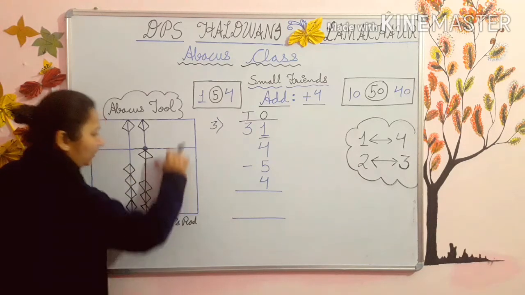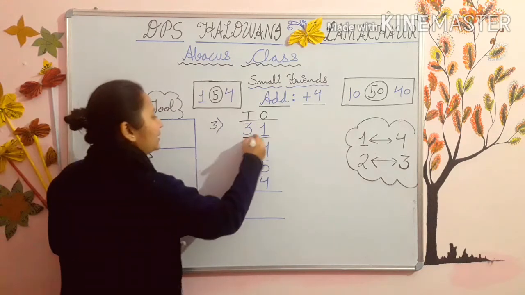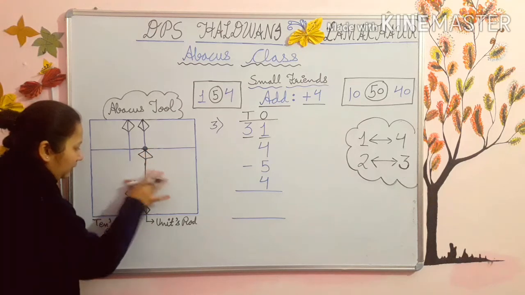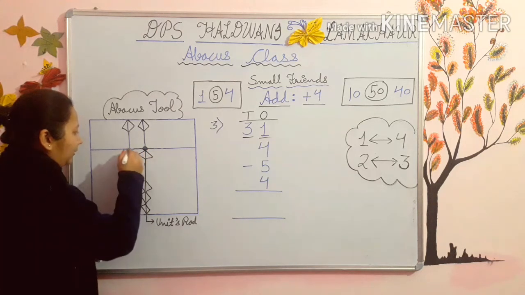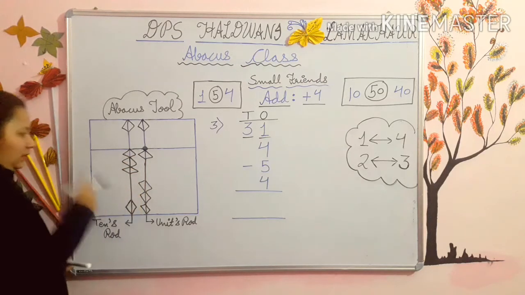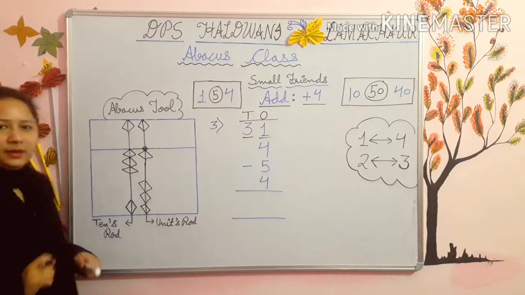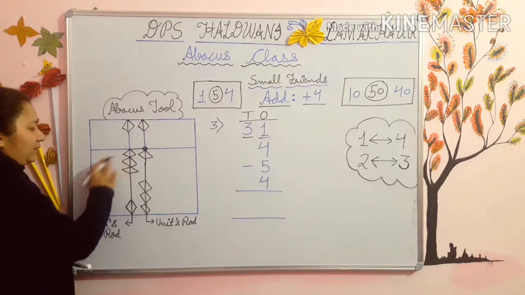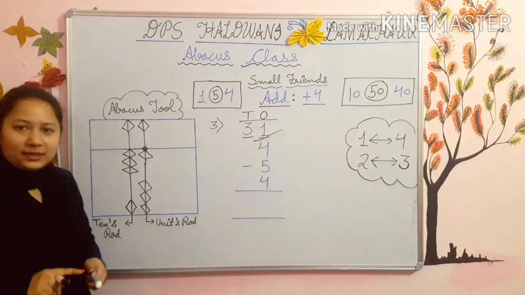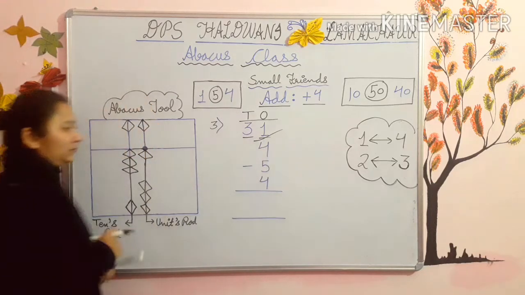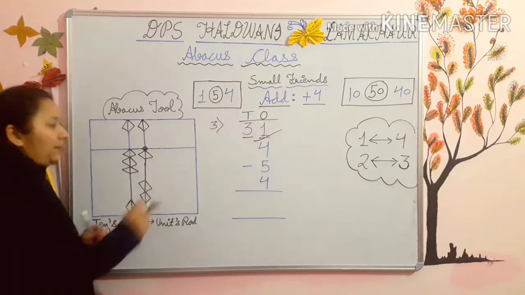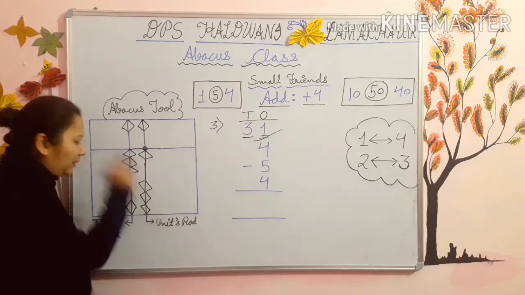1 means you have to add 1, put the bead up. Now, second is 3. Means you have to add 3. So, 1, 2 and 3 we will add in our tens rod. See, 1, 2, 3. Done kids? I hope you are doing this sum with me. Very nice. Now this is completed. Now next you have to add 4. Now you can see kids that you have to add 4 in ones rod here. But the bead is not there. See, 1, 2, 3 beads are there.